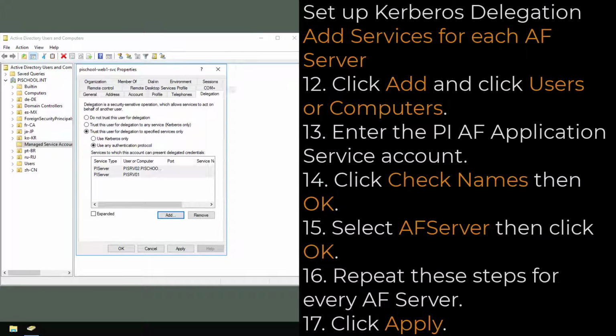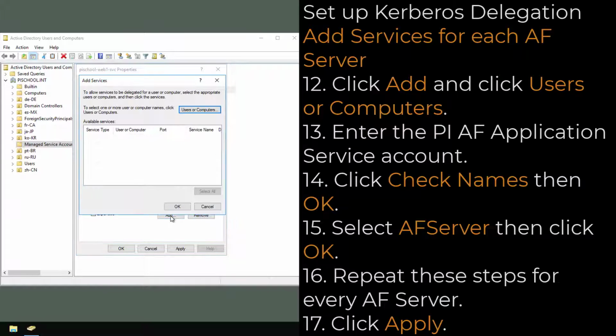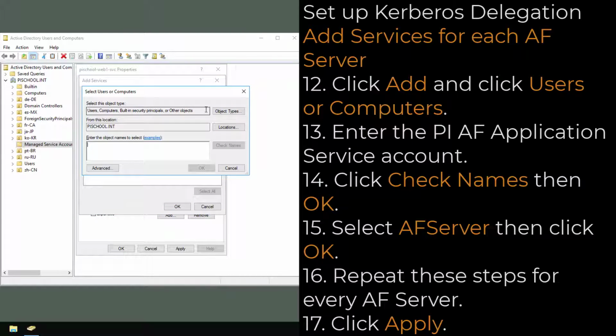Again, in the Delegation tab for the PI Vision service account, click Add to open the Add Services window. Click Users or Computers. In the Select Users or Computers window, I will enter the PI AF application service account, because that is what my AF server is running as. If your AF server is instead running as a machine account, enter the AF server machine name.